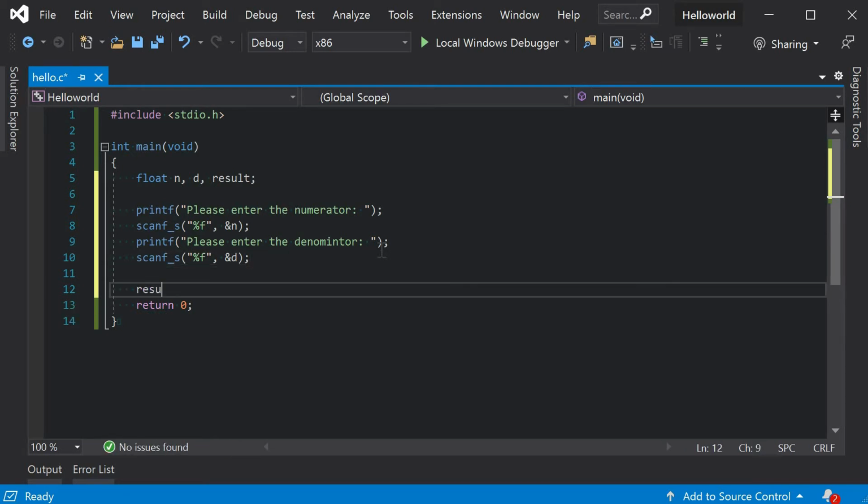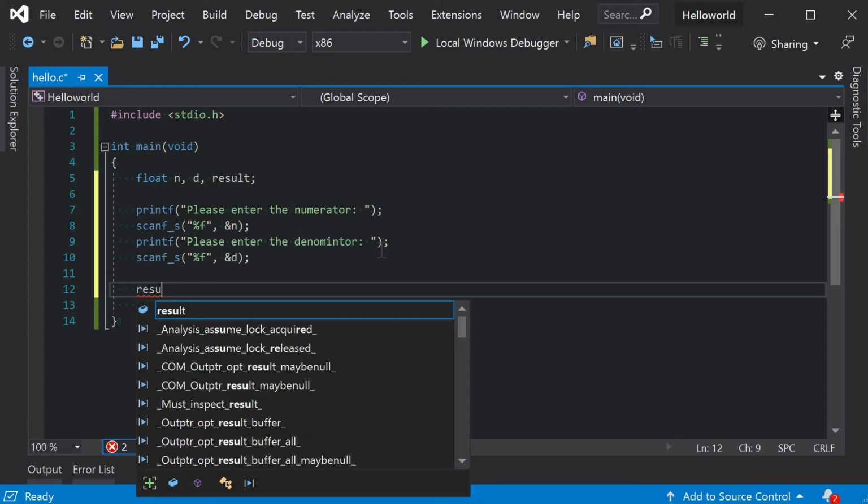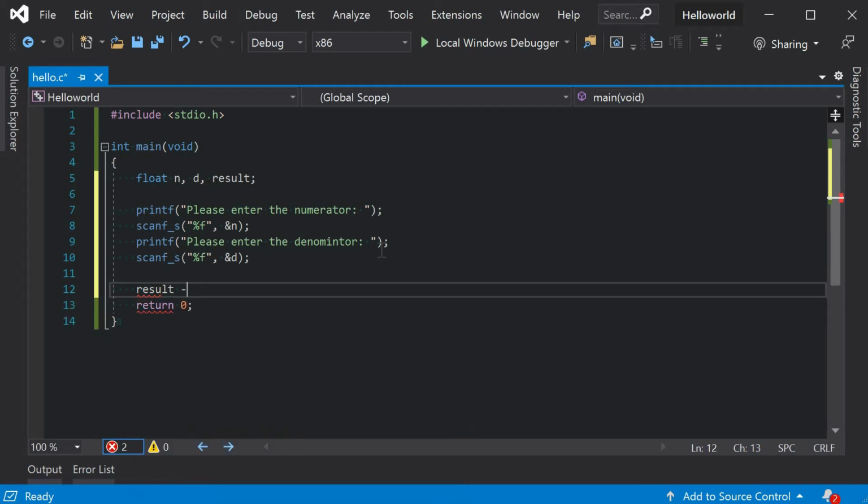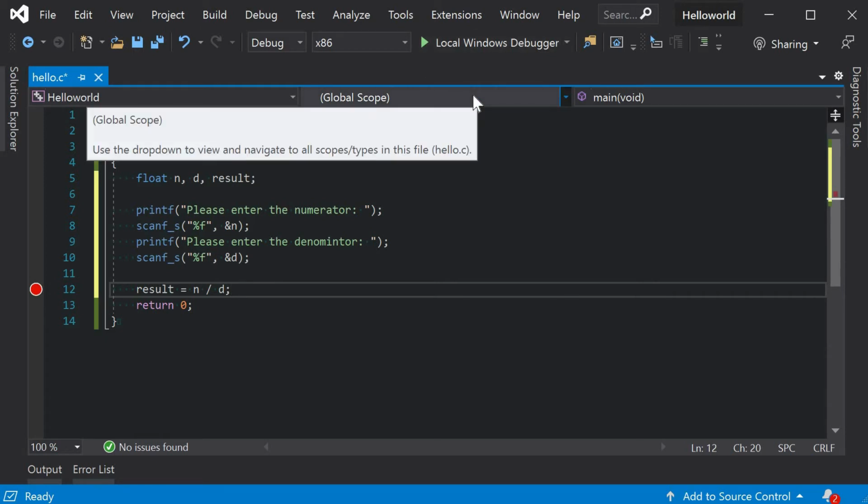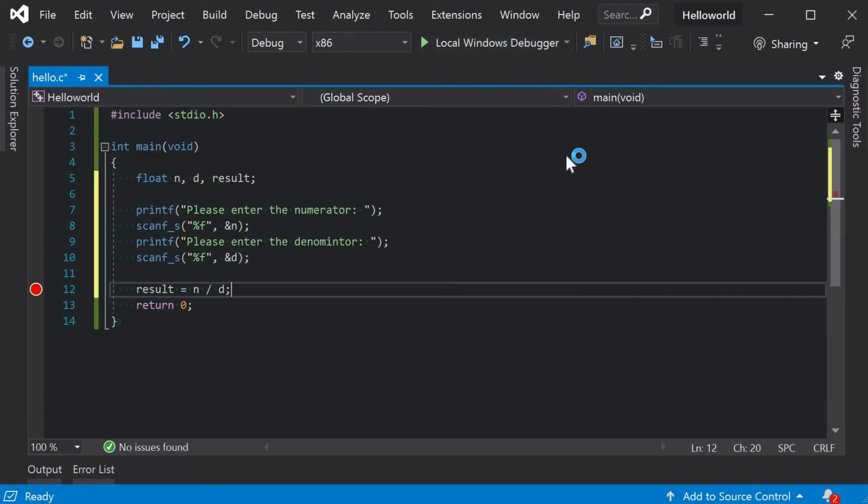So now the result would be n divided by d. So the result will be n divided by d. If I put the breaking point at n divided by d and start debugging the code by pressing F5,